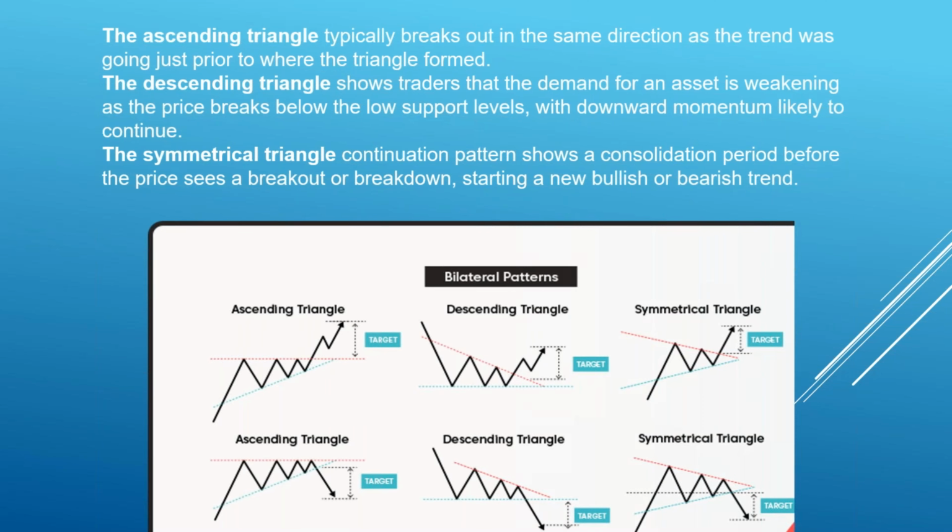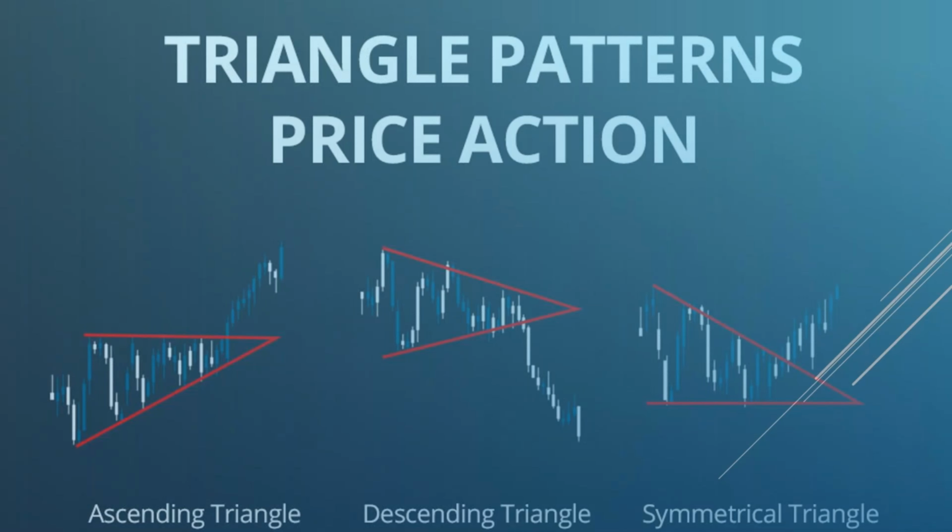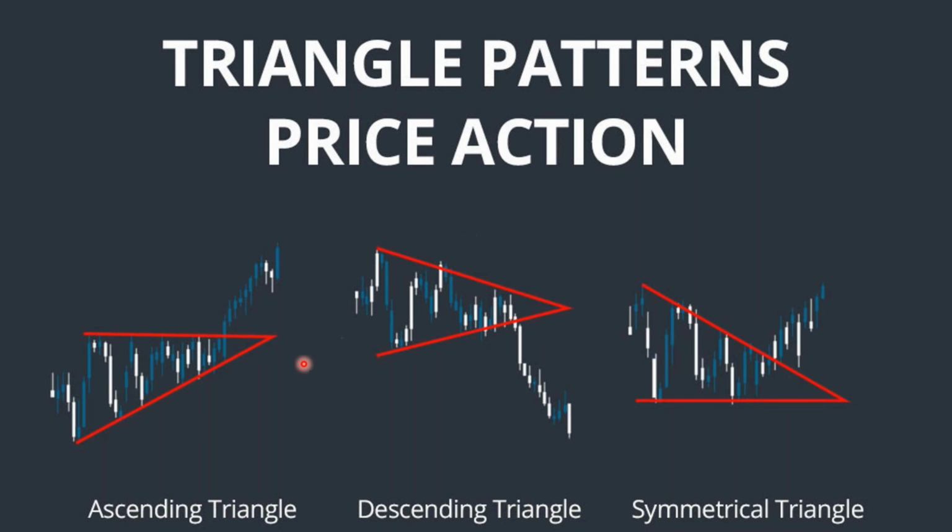So these are the triangles. Here is some shape from the real market. You can see this is an ascending triangle. It was going up, couldn't break, and then broke this area, so it went up from here. This is a symmetrical or descending triangle. This is a symmetrical one, and the price moves in the direction of the break. So if there is any question, I'll be more than happy to answer it. Please